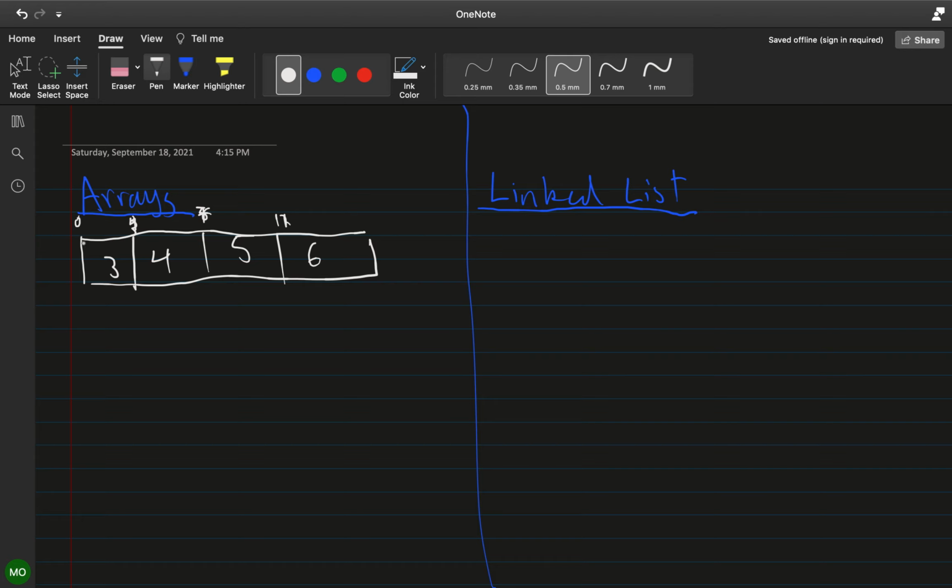So essentially, oh wait, no, this is wrong. I had it right initially. So this is 0. Bytes 0, 1, 2, and 3 are the 4 bytes for 3. And then 4, 5, 6, and 7, 8, 9, 10, and 11, and 12. So essentially,